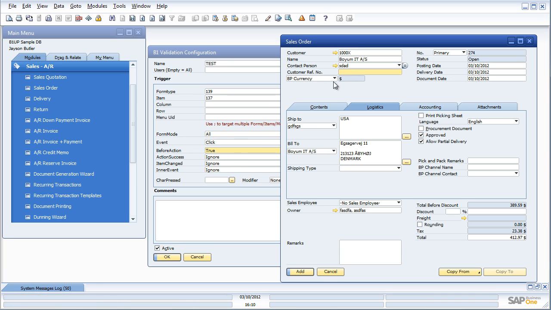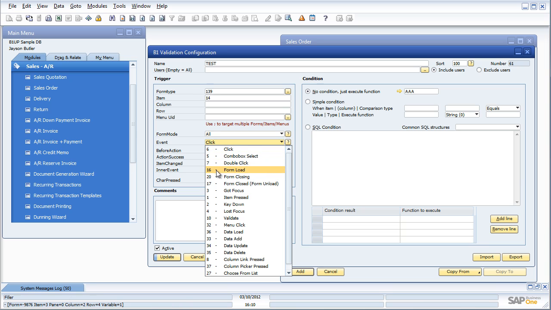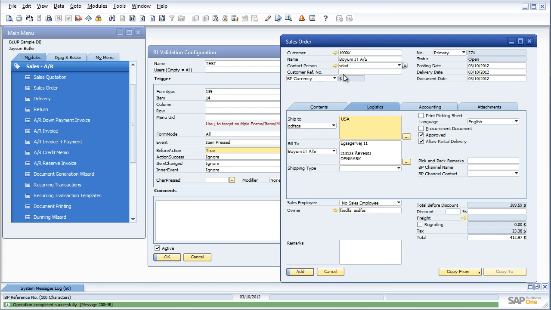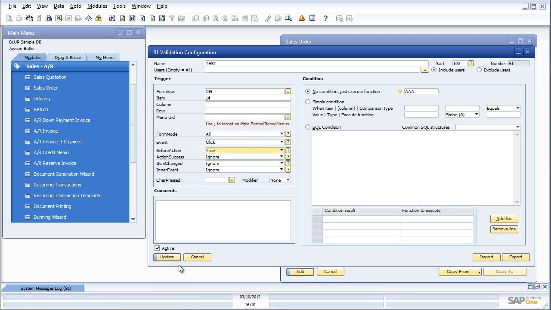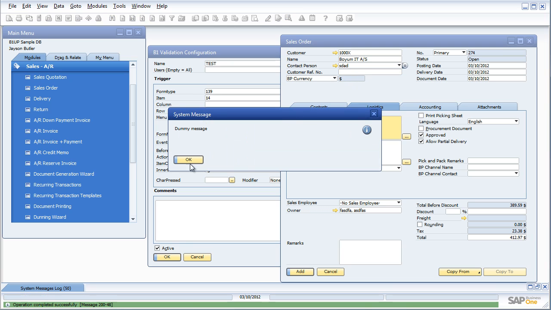If I say this customer reference field, which is item 14, and say item pressed, you will see that I will never actually get an item pressed from a field. So if I wanted to do something special whenever I enter that field, I would either need to go in and use the got focus, or I actually get the events of click when I actually try to do it. So you can see I get a click event,